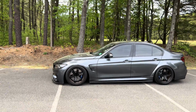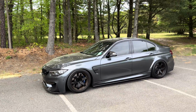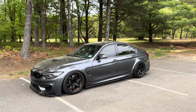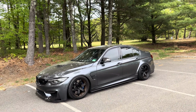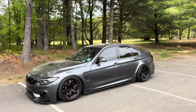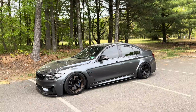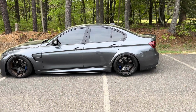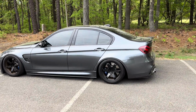So if you guys are not familiar with what burbles are, they're the kind of pops and bangs that you hear in different driving scenarios. So upshift, downshift, decels. You guys may be familiar with the sounds of the crackle tunes, the burble tunes. It's basically the car pulling timing and then releasing all the extra gases out the back and making that popcorn bang effect. For me, as I get older, I prefer it more on the quiet side. I don't really like the obnoxious burbles as I once used to when I was younger, but I do get